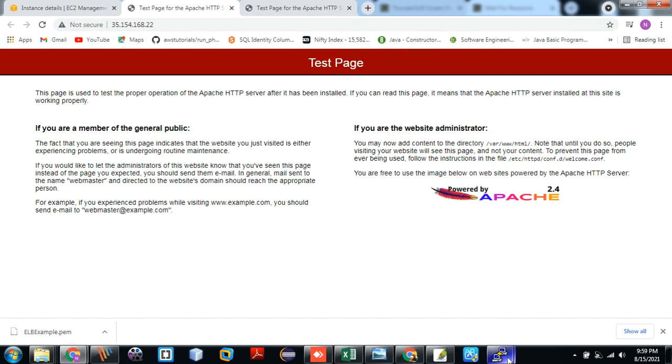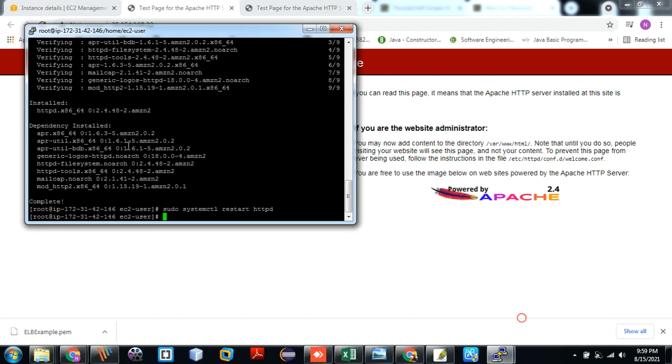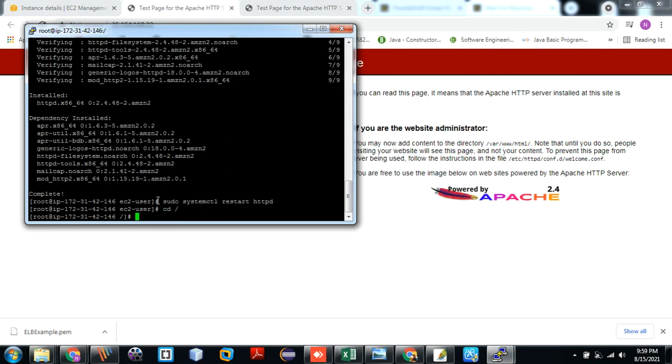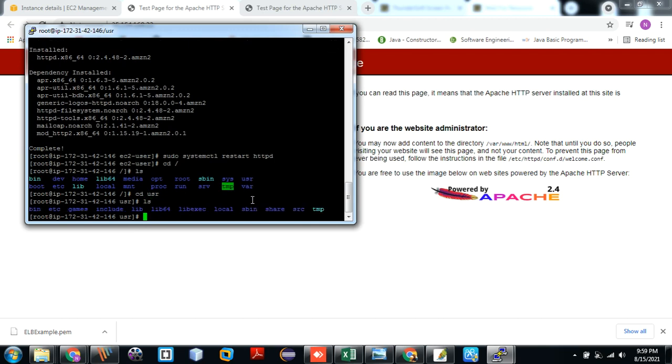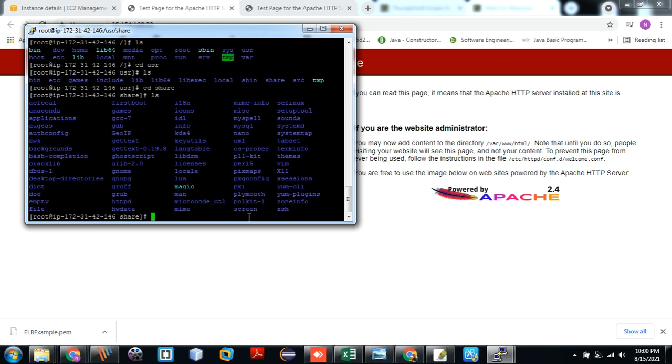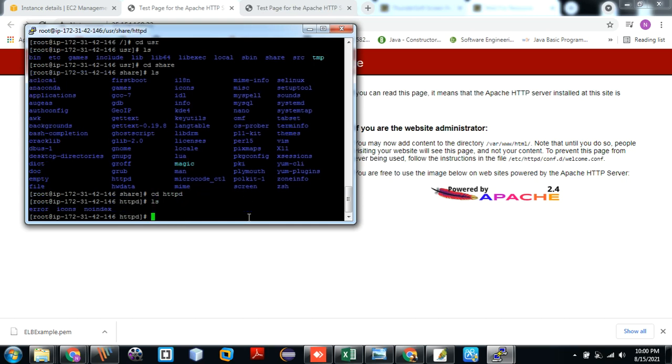Okay, let me show you how it gets changed. Again I'll go step by step, go to root mode directly. Now ls, you can see usr over here. cd usr, again ls, you can see the same things. You have to do the same thing that you did for the first machine. cd share, again ls, you will be having so many options. You have to go inside the httpd folder, the Apache one. Now ls, noindex,